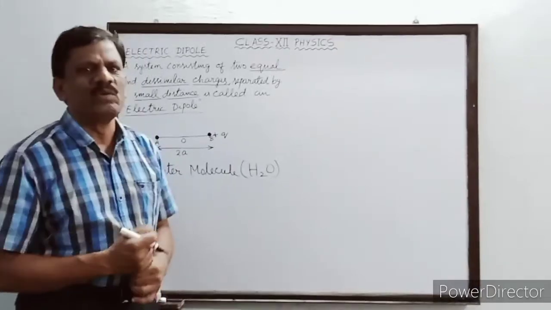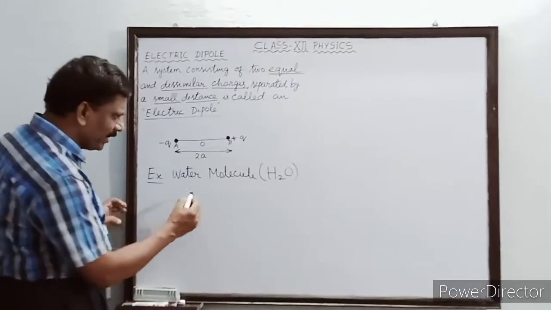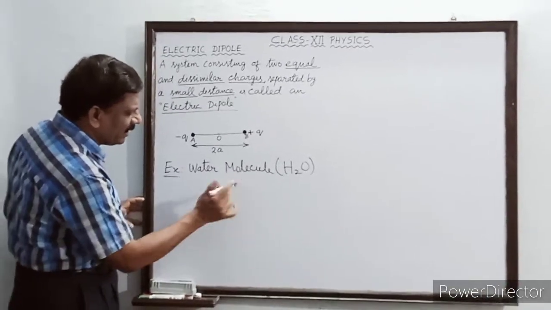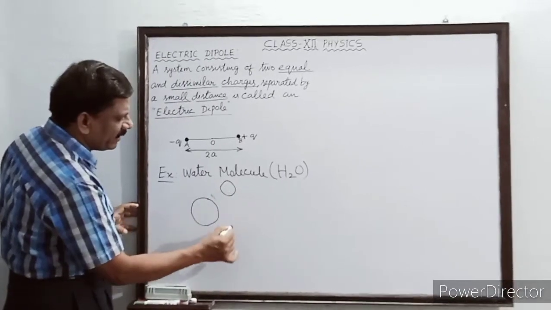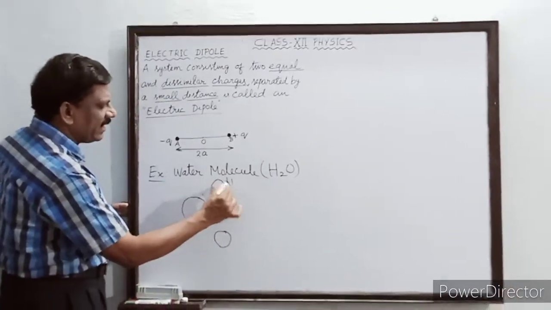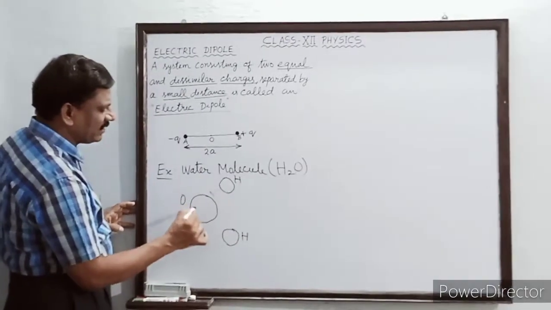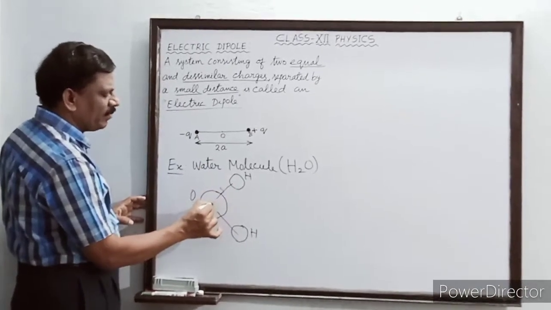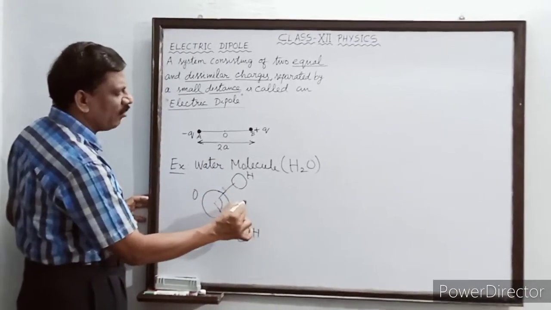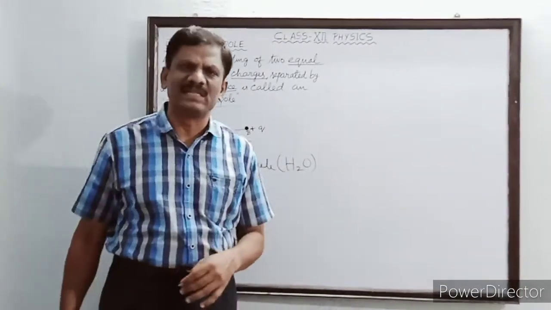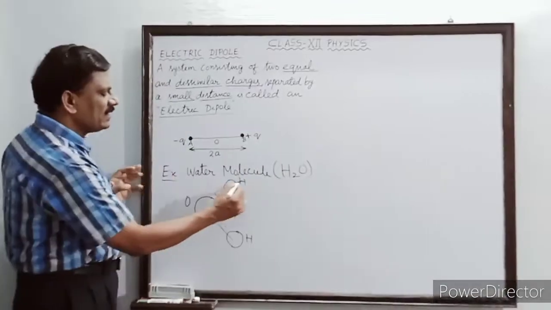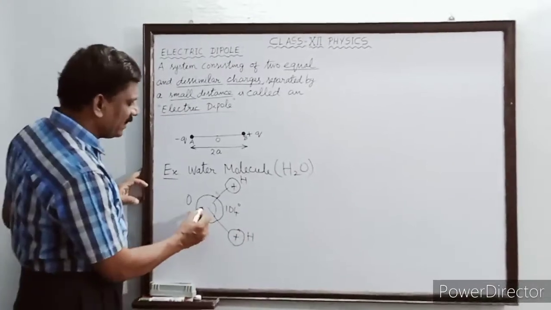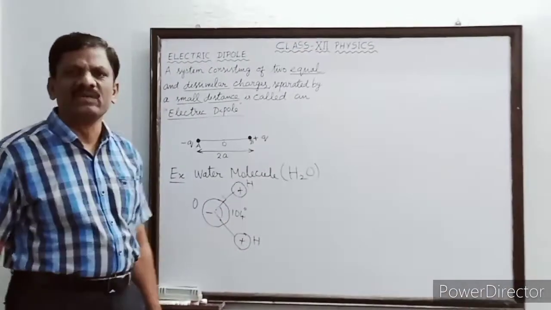So the shape of the water molecule will be like this. This is hydrogen, this is hydrogen, and this is oxygen, which are bonded like this. The bond angle between the atoms forming the molecule is 104 degrees. This and all we must have studied in some other classes. This hydrogen will be the center of a positive charge, and this hydrogen also will be the center of a positive charge, whereas this oxygen will be the center of the negative charges.